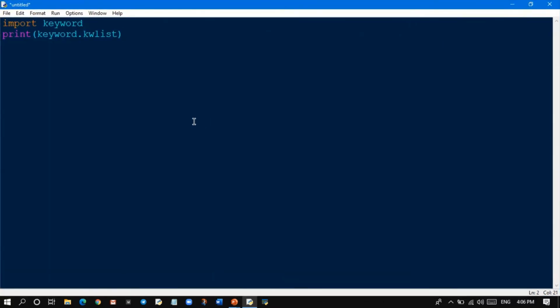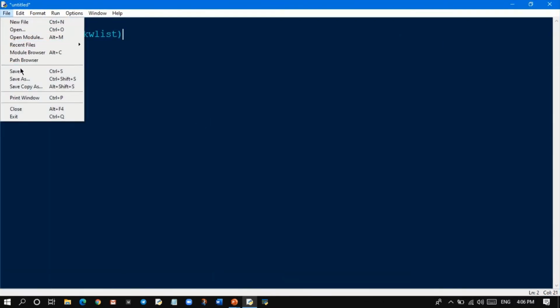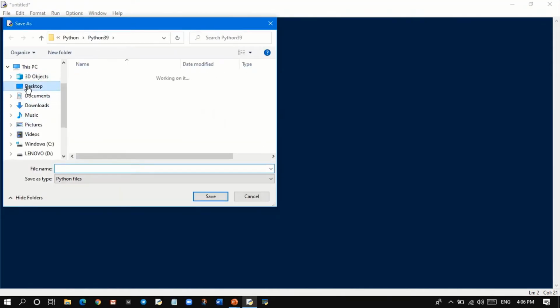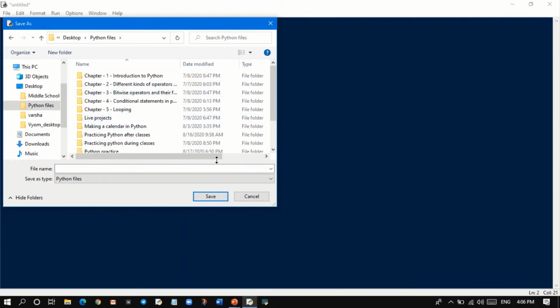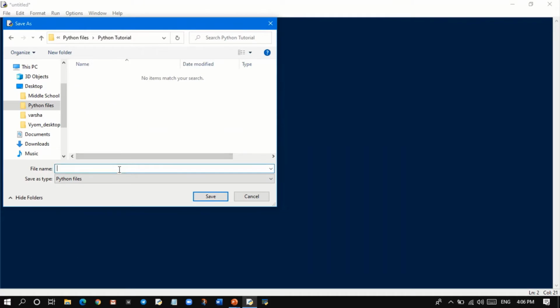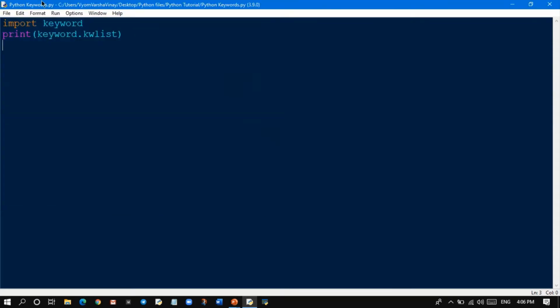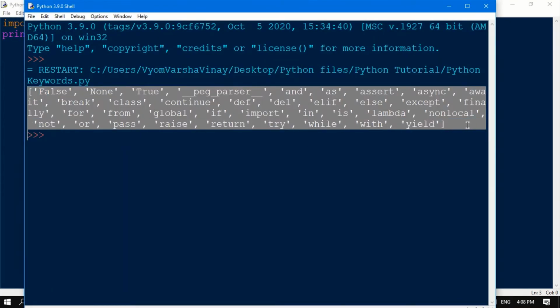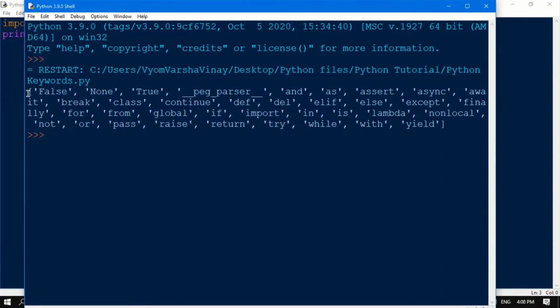Now to run the code, you have to save it. And I'm going to save it as Python keyword. And now run module. And you see these are all the keywords, and as you can also see, this is a list